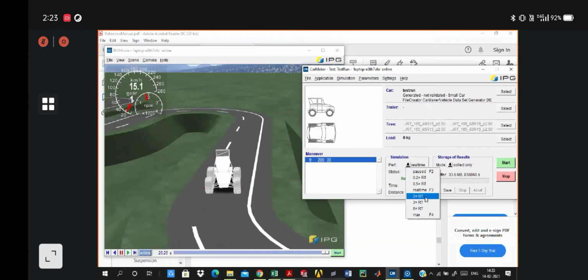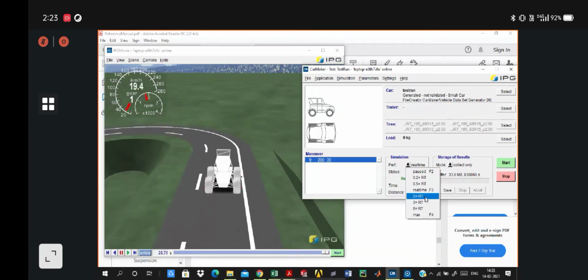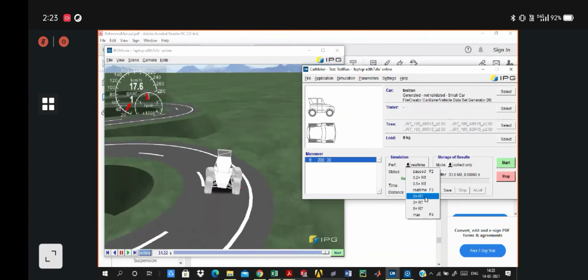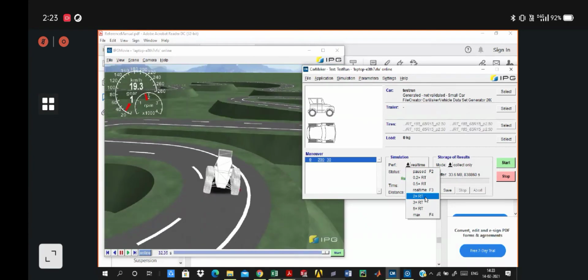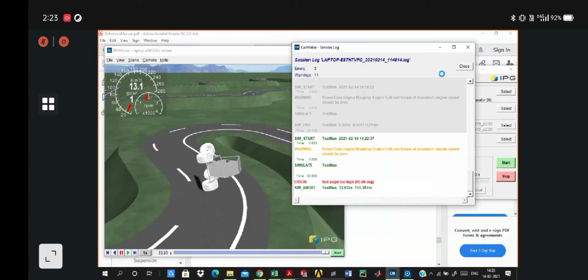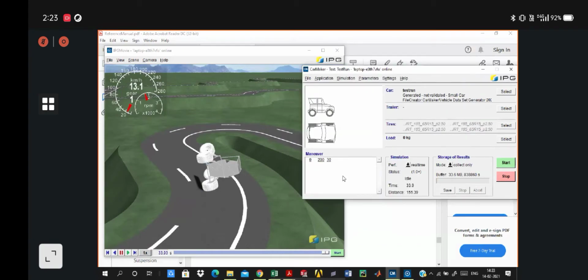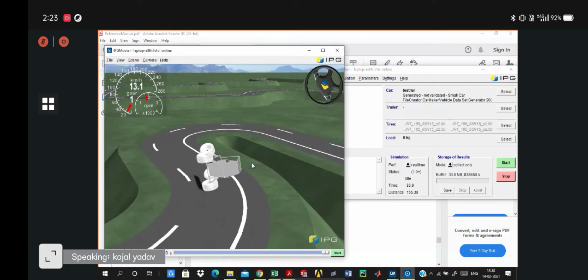Since I haven't defined any manual steps or optimized any value, you must have seen the error which I'm getting.